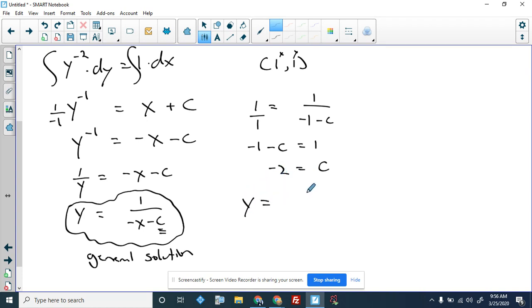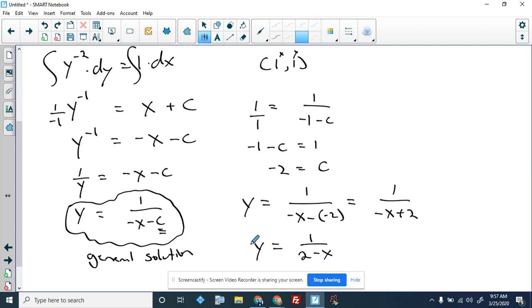y equals, and then I'll go 1 over negative x. And then be careful now, right? So c is negative 2. So it's negative x minus c, so be careful. If I get this, I'm going to get 1 over negative x plus 2. And if you want to be cool, you can write this as 1 over 2 minus x. And we'll maybe put green. Is this green? Oh, yeah. We're going to put a green happy cloud around this. This is your